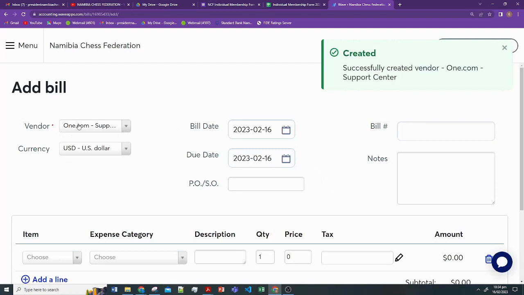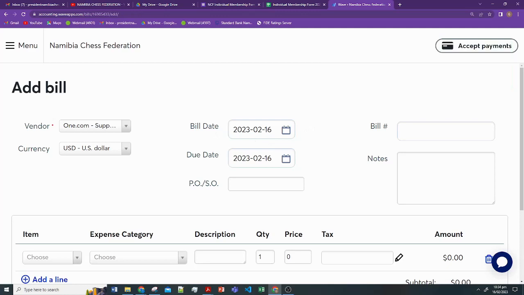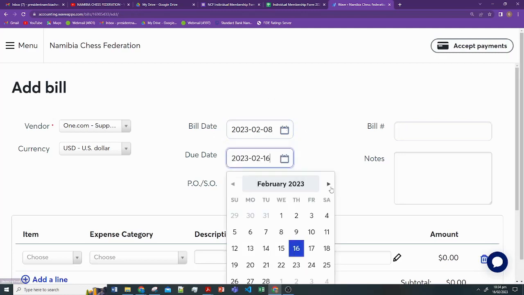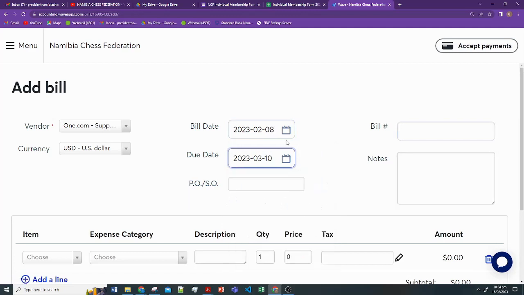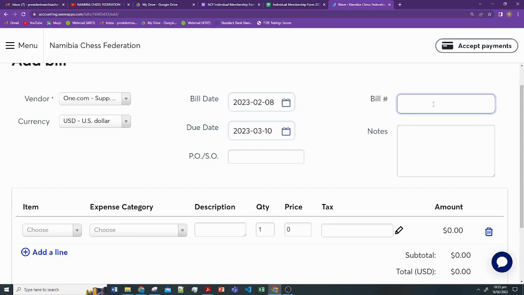And now that you see we have a vendor, it's one.com. Billing date is according to what they gave us there. They gave us the billing date was the 8th of February, and they say due is the 10th of February. Okay, so that one is what we have there. Bill number is just for our systems that we can have here. Then this one is for hosting